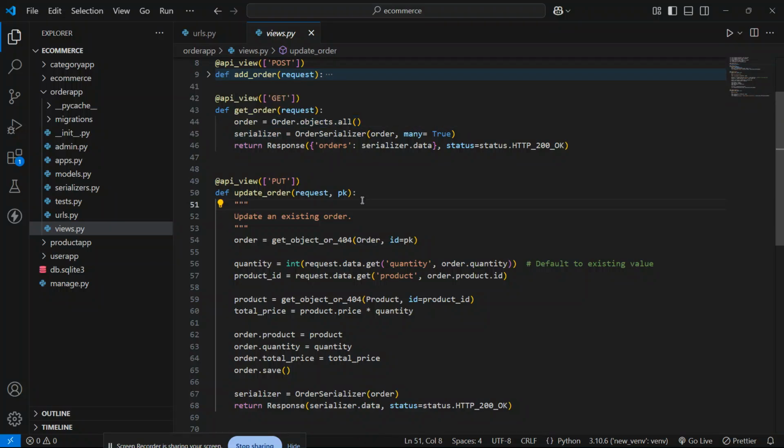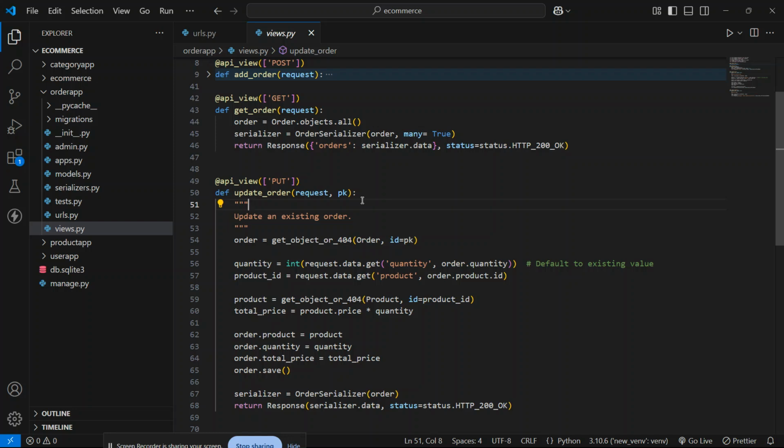After that we have to use a serializer, because all the data inside our database is in the form of query sets, and we have to take that data from the query sets to a Python dictionary, and after that from the Python dictionary to our JSON format, because API means JSON format.